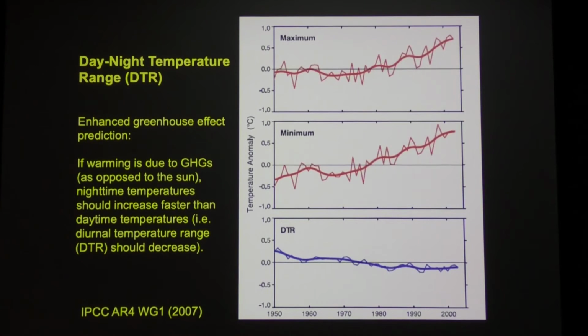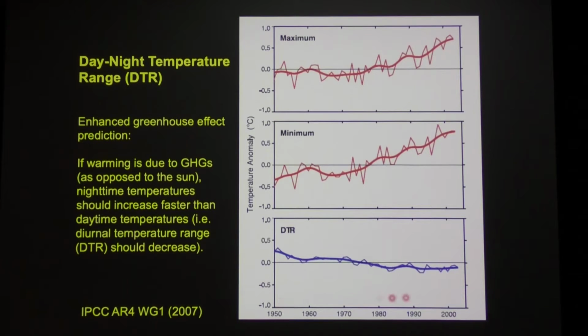If you're not convinced, there's more. And this is another piece of that puzzle. Looking at daytime and nighttime temperature ranges, or what's referred to as the diurnal temperature range, is another way that it's discussed. Here we're looking at temperature anomalies, so 0 is some normal condition and positive is warmer, negative is cooler,